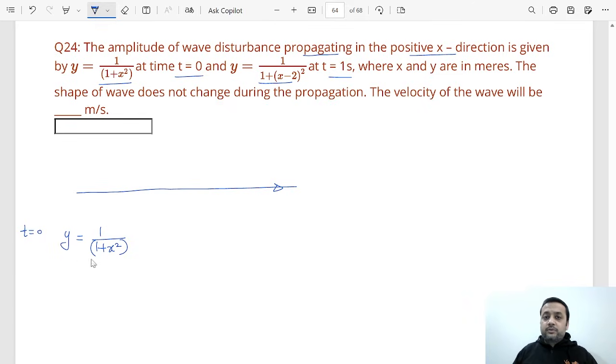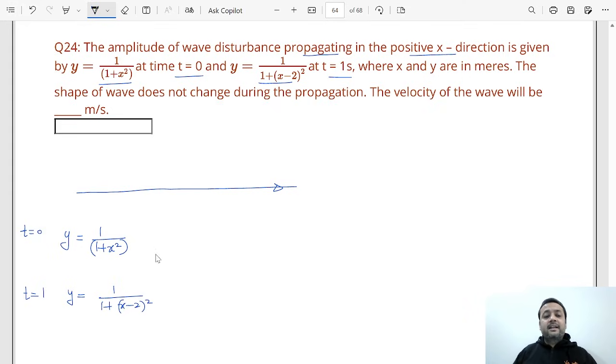So this function gives you the displacement of any particle, but only at time 0. Similarly, if you want the displacement of any particle at t equals 1, then you can use the other function, which is this. Now look, there's a concept which says that if you know the displacement of any particle at time 0, and the wave is propagating in the x direction, let us say with the speed v,